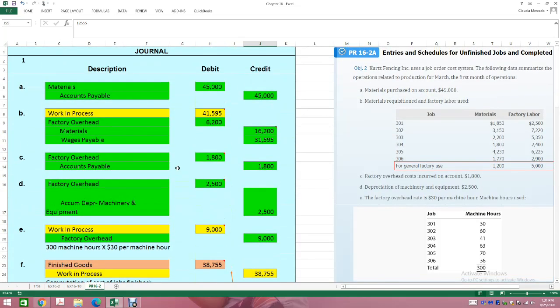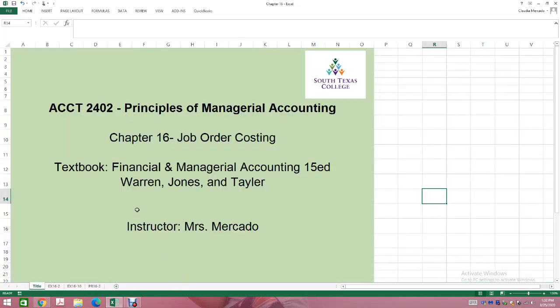You are going to have something similar to this on your test. So please make sure that when you are working on your homework that you practice. If you don't get a 70% or better on your homework assignments, I highly encourage that you utilize the second attempt provided. 2 attempts are provided for both your homework and your quizzes, and I always keep the highest grade. The homework serves as practice. So if you didn't get it very well the first time, try again the second time. If you score higher, I'll keep the highest score, and you were able to practice a little bit more of the actual problem solving. Okay, so those are the 3 problems that I'm going to go over for this chapter